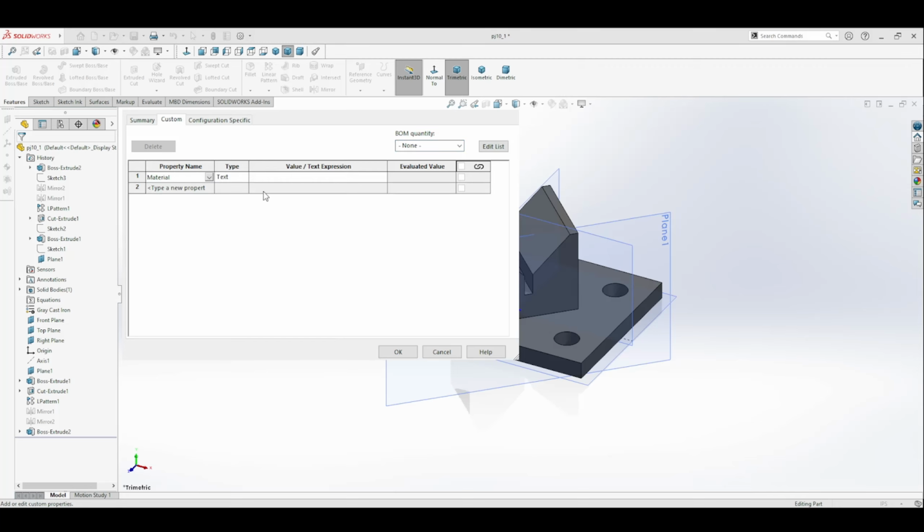So we've got a material and find material, and then we've got a weight, and again find its mass, and we've got, let's see, drawn by, I'll just say that, and our drawn date is today, so 10/30/24, and we could call it